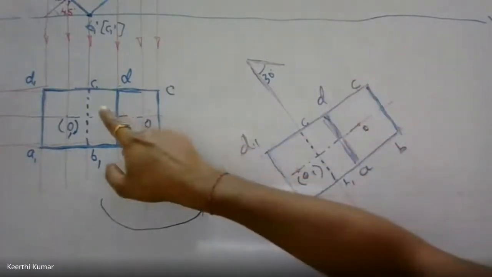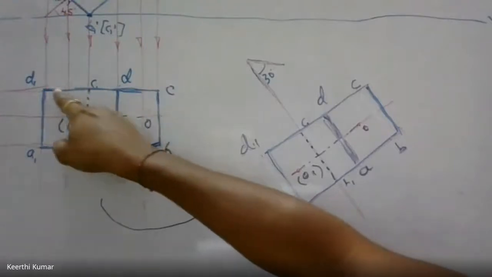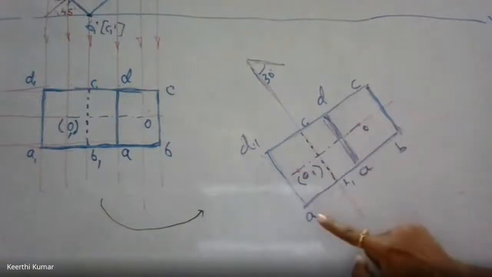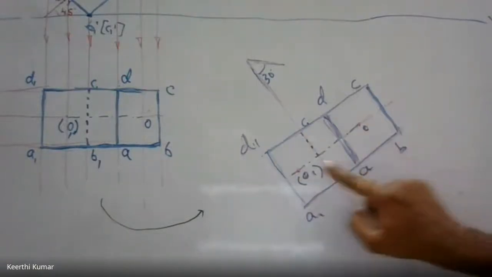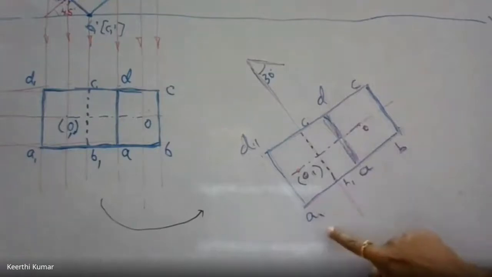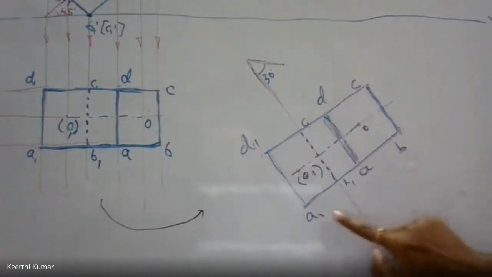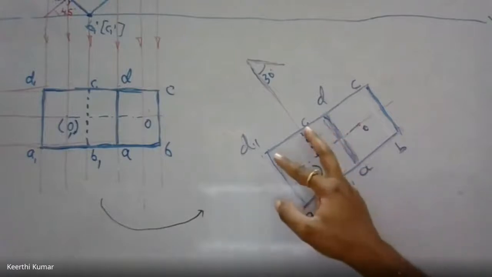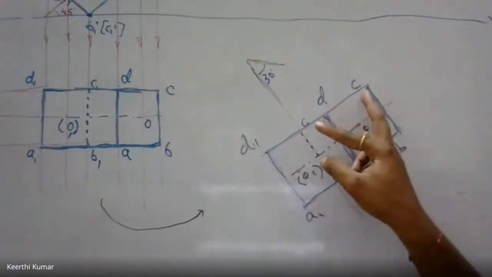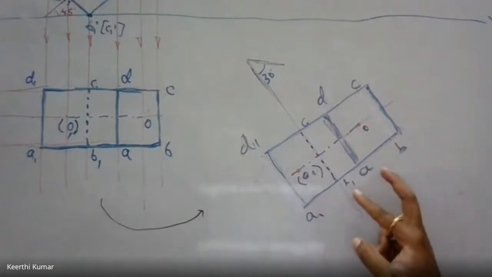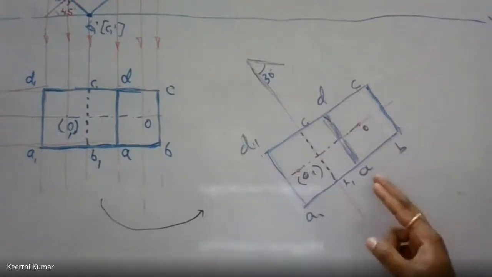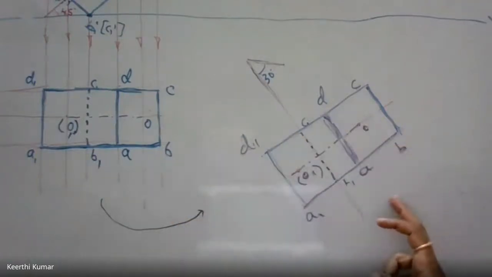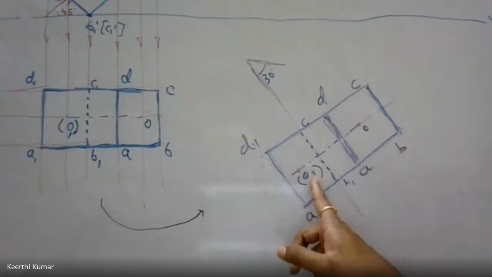Then we want the remaining points. Check out, to get the remaining points, what am I supposed to do? From the point C, if I draw a perpendicular, from the point C and from the point B1, I can get D1, D, C, A1, A, B. Correct? Just by drawing a perpendicular from here, A is completed. Then cut an arc from C to D, C to D1, C to C, B1 to A1, B to A, B1 to B. So you'll get all the points. Connect that. How to connect that? However it is here, you're supposed to connect like that. Then at last you should get point O and O1 also.